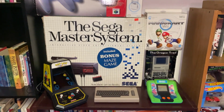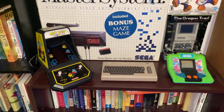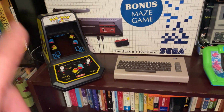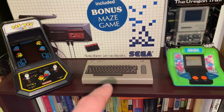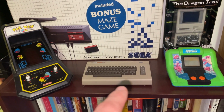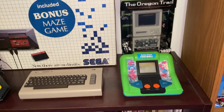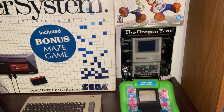And here's another part of my basement. So, my little Pac-Man mini cabinet from the 80s. It is the original. The mini Commodore 64 as well. This is just a little Radio Shack football that I was able to find in a thrift store. Oregon Trail,